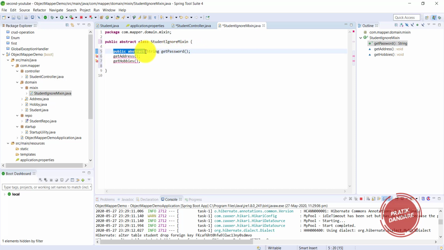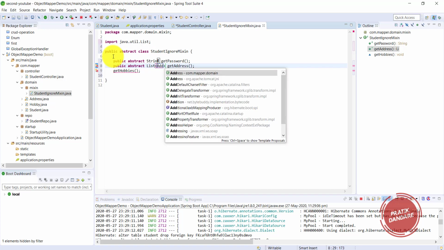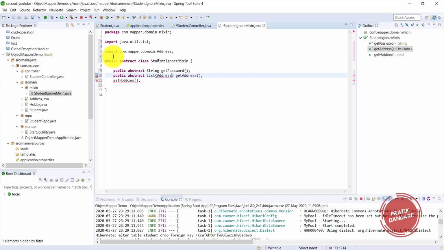Now what does address return? Basically it returns a list of addresses. So again it's a list of address. You need to click the proper address because there are two, the Tomcat address and the one I wrote.